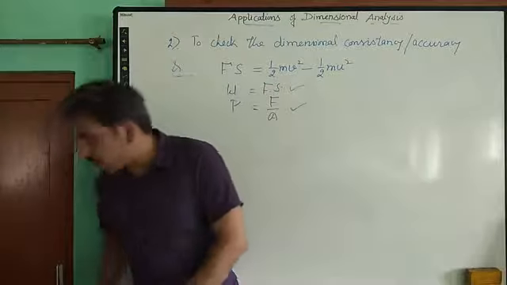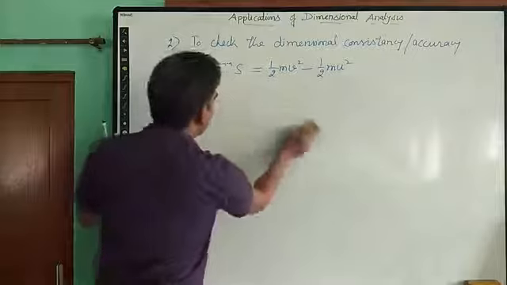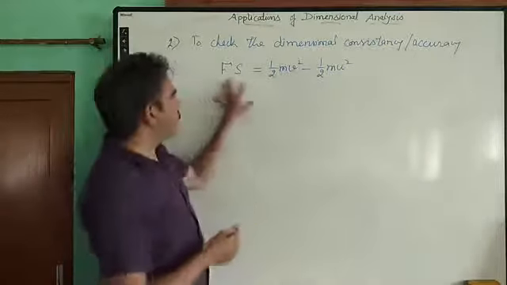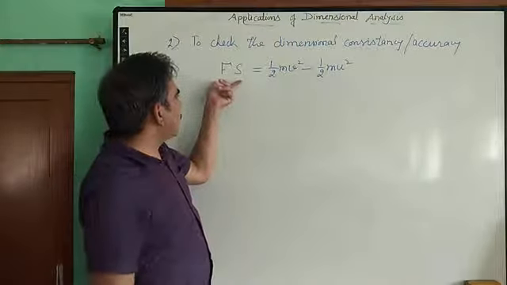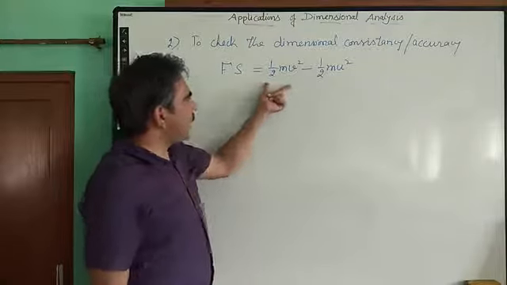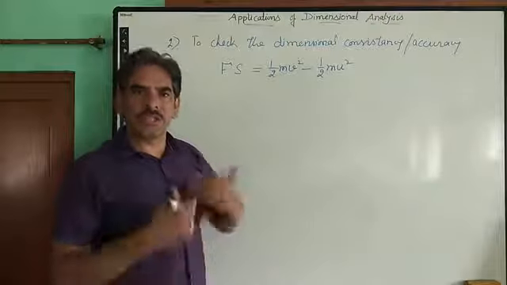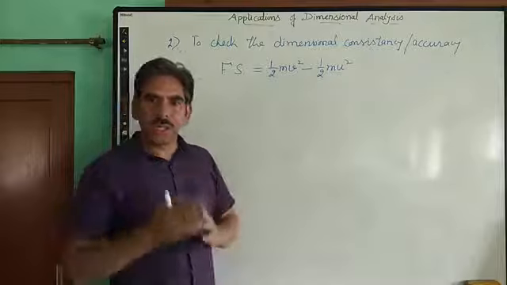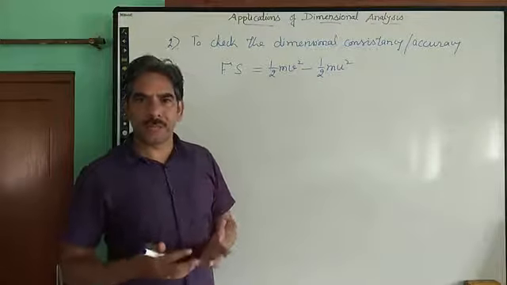So whenever we proceed, we substitute the dimensions of each and every fundamental physical quantity involved in the formula or in the given relation, and make the calculation to see whether the dimensions of each and every term involved in the expression are the same or not. If the dimensions of each and every term involved in the equation are the same, or we can say equal, then the equation is dimensionally correct, right?